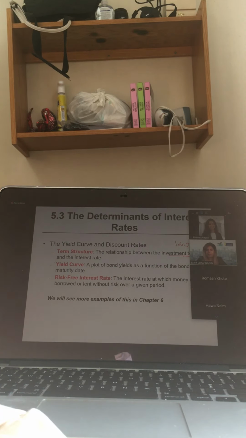The risk-free interest rate is the interest rate at which money can be borrowed or lent without risk over a given period. And usually when we verbally talk about risk-free, nothing in this world is risk-free. The closest thing that we can think of being risk-free is the money that you lend to the government, because we know that it doesn't default, right? So that's why we say government bonds or treasury bills, or T-bills, if you have heard of it. In the US, those are the closest you can find to risk-free assets.